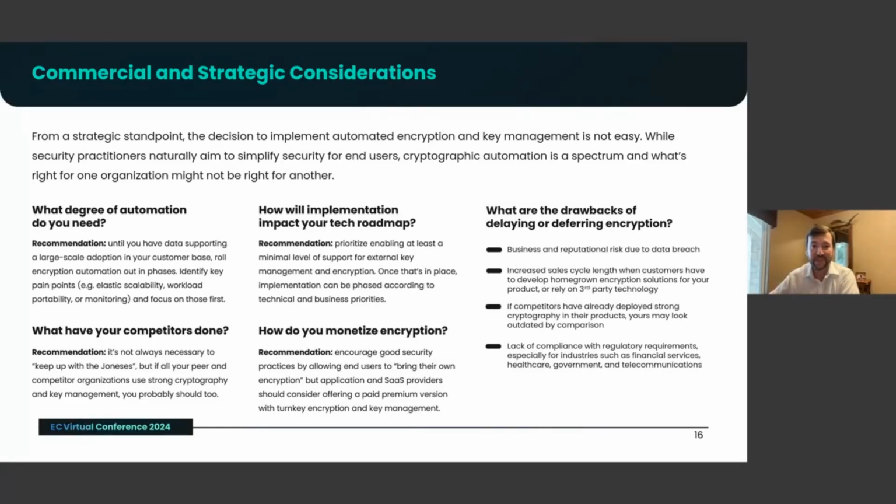And then finally, it's worth looking at the drawbacks of deferring or delaying encryption and key management implementation. Quite obviously, I don't need to say this to everybody here, but if you show up on the front page of the Wall Street Journal due to a data breach because you have not performed your due diligence in implementing security and encryption, that's not good. But everybody knows that. Beyond that, look at your sales cycle, talk to your sales reps and ask them if you currently support